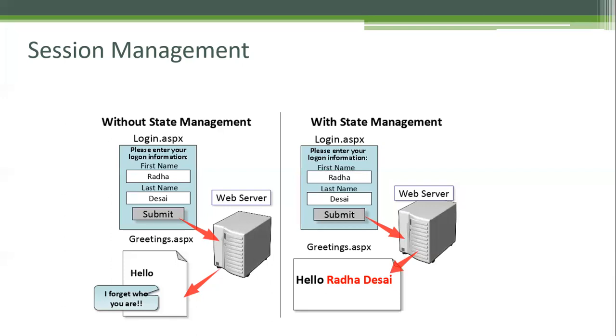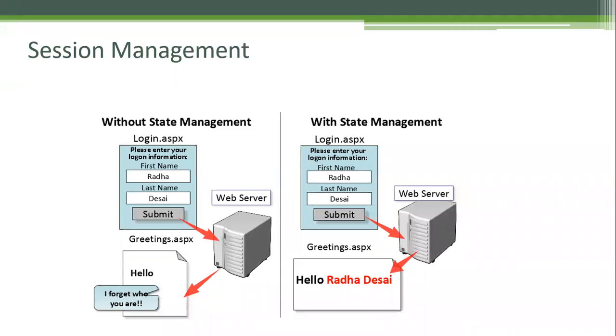To identify either the user or the session, we go for state management. We have different state management techniques. It's a kind of passing data from client to server and server to client, so that you will be known to the server.